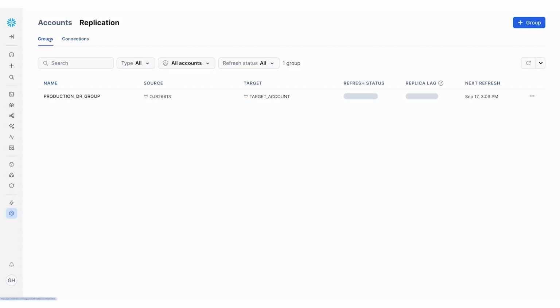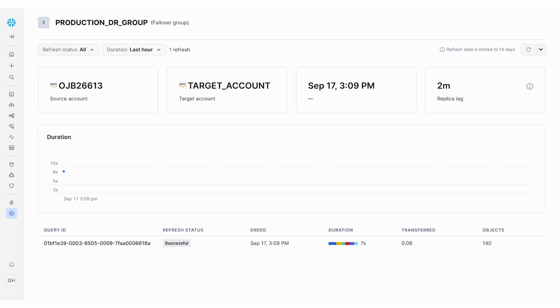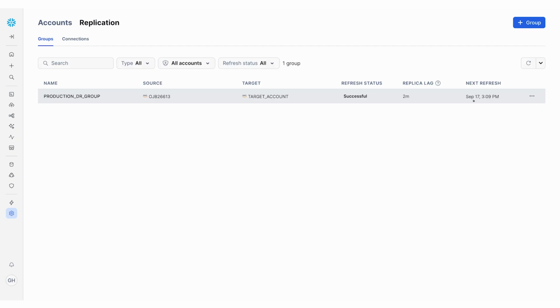And so now I'll navigate back to groups, and you can see that this new failover group with replication is active and it's listed here. And if you click on it, you'll note that it does say it's a failover group, and that's listed at the top here. Now, additional things that you're able to see about this group are things like the replica lag. So that shows how far behind my target account is from being replicated. And you also can look at the next time that it's going to be refreshed. You can also take a look at the replication status, how much data has been transferred, and all sorts of